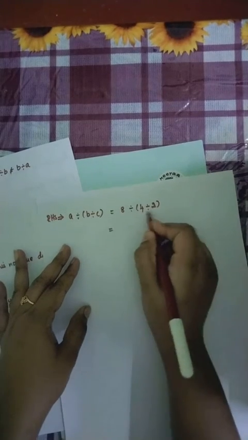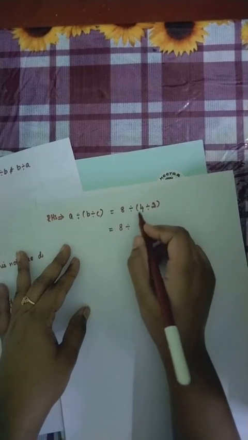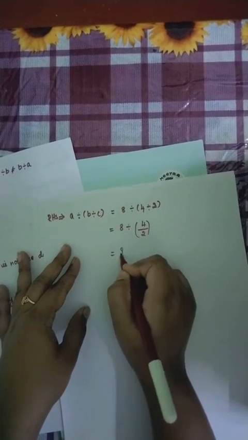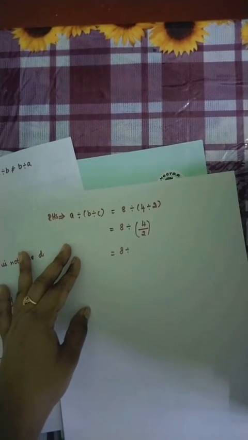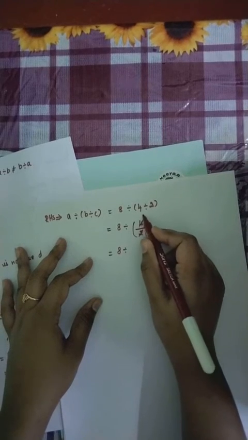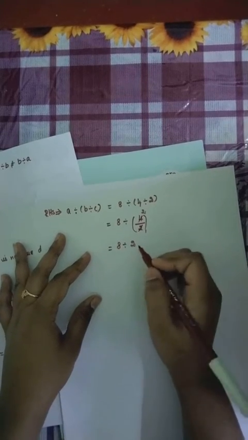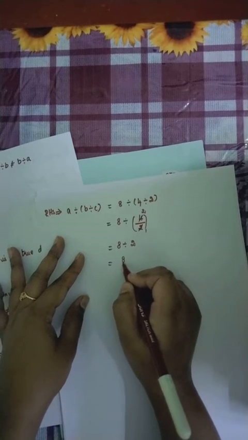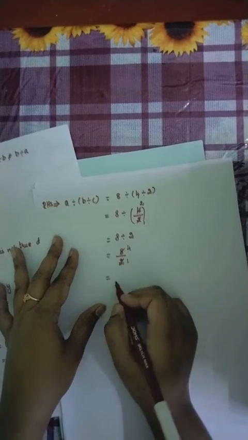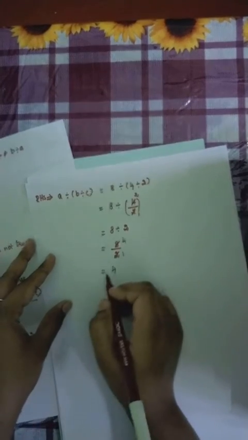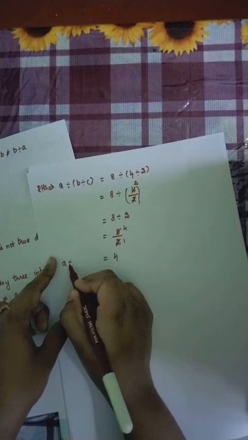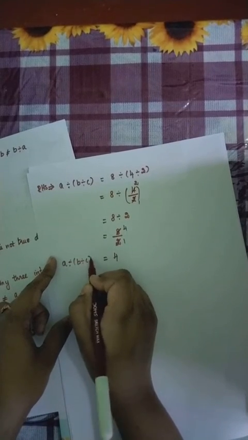So first divide these two numbers, that is 4 by 2. We can cancel by 2 table, right? 1 2 is 2, 2 2s are 4. So our answer is 2. So 8 divided by 2, again divide the numbers. 1 2 is 2, 4 2s are 8. So our answer is 4. So for RHS, we are getting the answer 4.